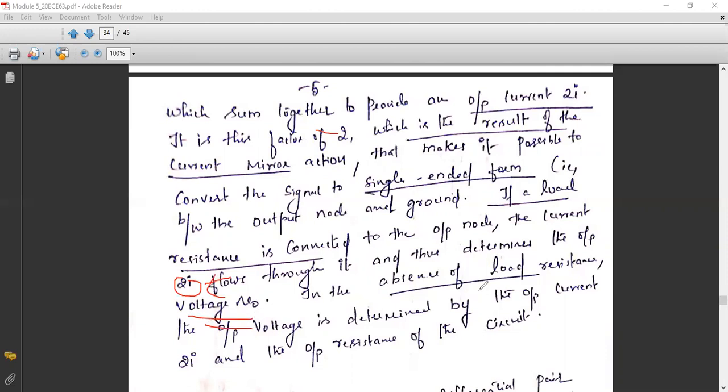In the absence of the load resistance, to compute the output voltage, I will multiply this 2I with the internal output resistance of the circuitry. Always I am expecting a finite resistance across the output, right? Across the drain source terminals. So this is the internal output resistance which I should multiply with 2I so that I can find the output voltage. Otherwise, if there is a load resistance explicitly mentioned across the output terminal, I need to take that load resistance and multiply with the 2I and I will get the output voltage. Any doubts regarding this working?